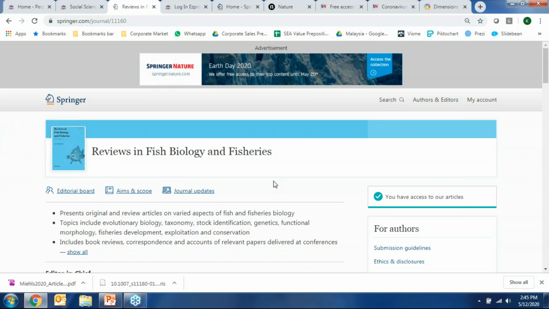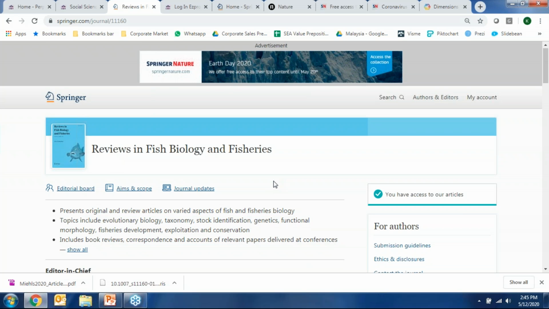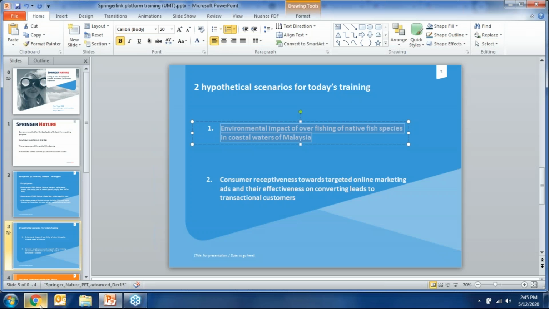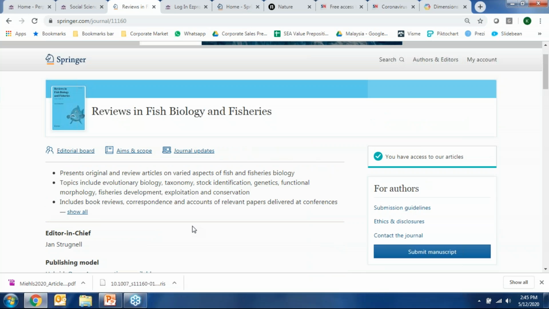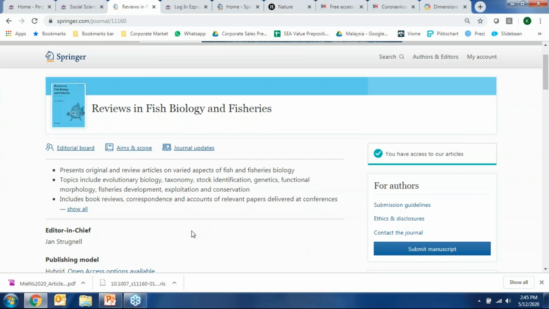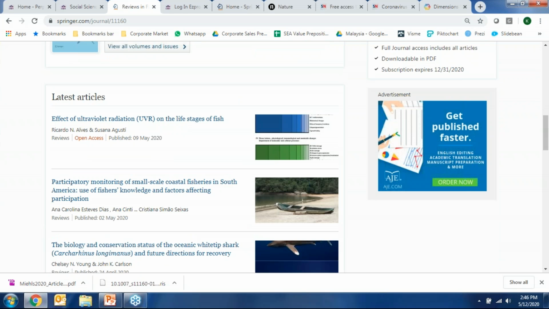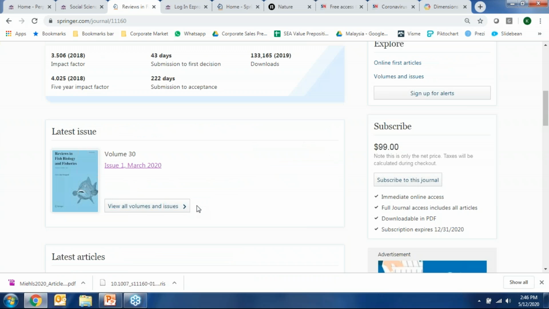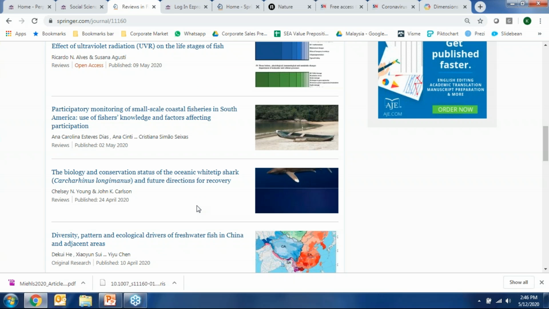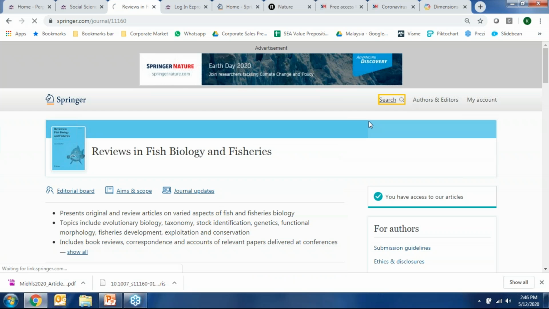Okay, so moving on. When we started with this topic about the environmental impact of overfishing, I went through this process of the funnel effect, starting with looking at journals and seeing whether there are any journals in the area I'm looking at. I found that there are journals, but a lot of times you encounter journal titles that don't seem quite right, or a few that seem right but are not exactly what you're looking for, which is very specific. So then I could continue to search within the journal itself.